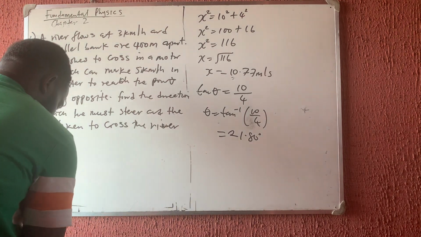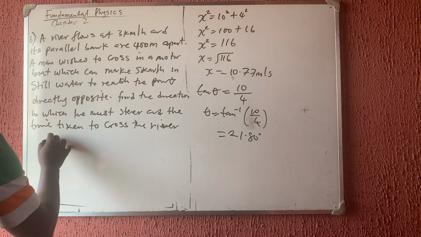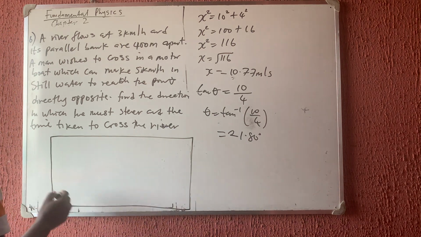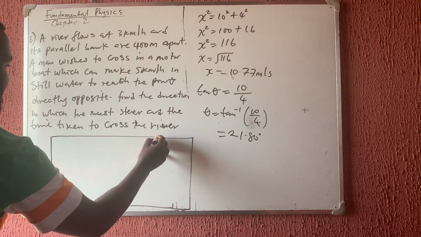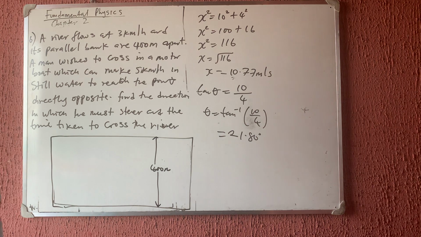Okay, the same approach, the same thing. So what do we do? Let us draw it again. The same thing again. I have this is the river now, and this river is 400 meters apart. So this is 400 meters apart. All right, then